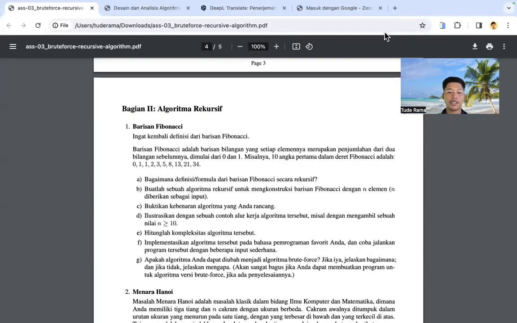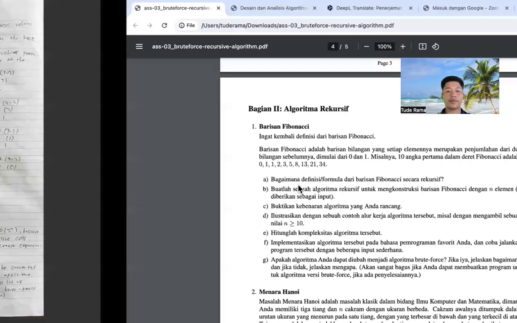For section 2, the recursive algorithm. For number 1, the Fibonacci series. For question A, what is the definition or formula of the Fibonacci series in recursive form?